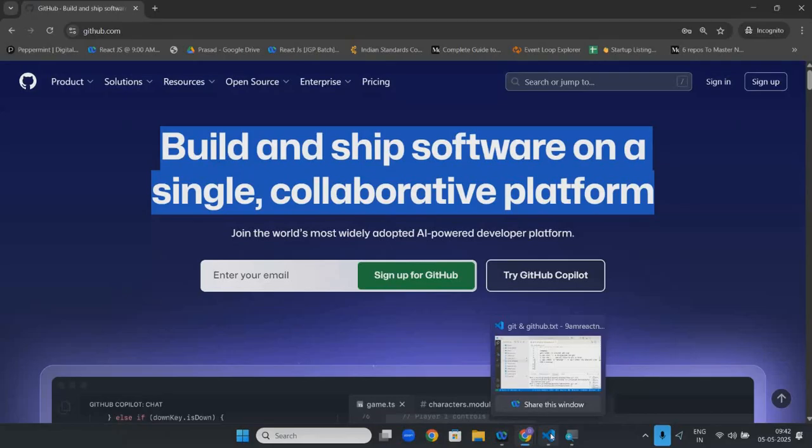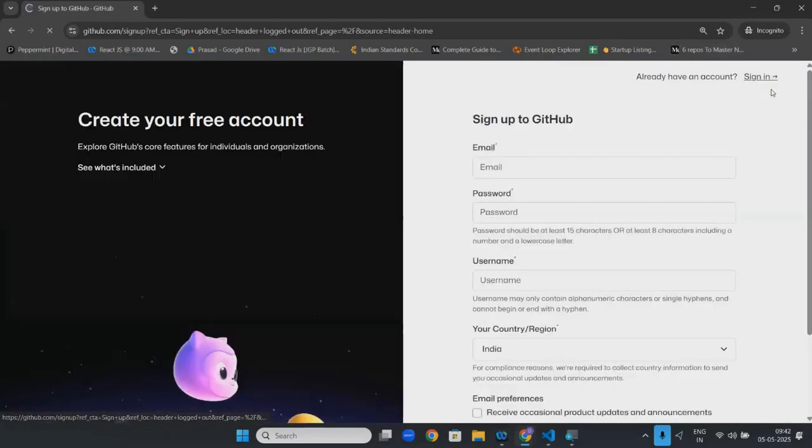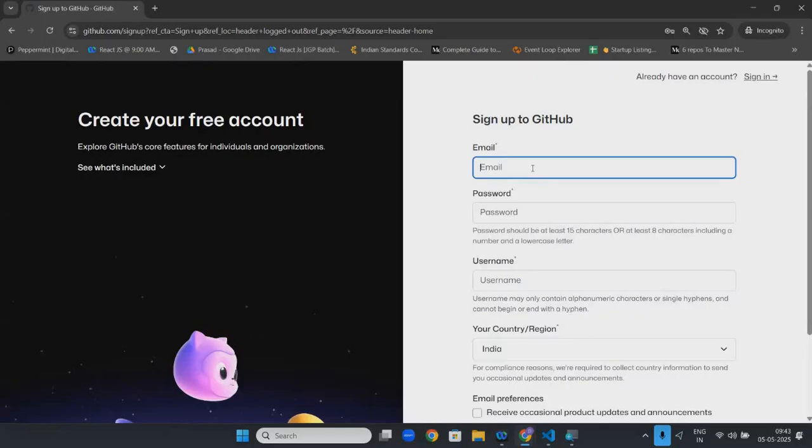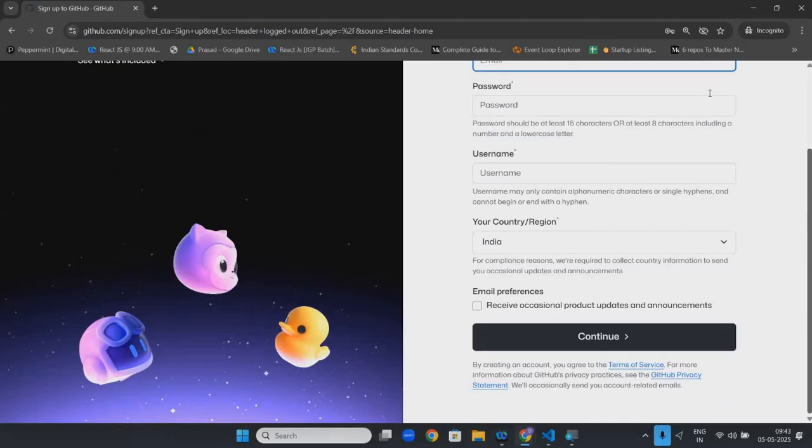Now go to github.com, click here, sign up. They will ask you for details. Enter all these details. Automatically, your GitHub account will be created.